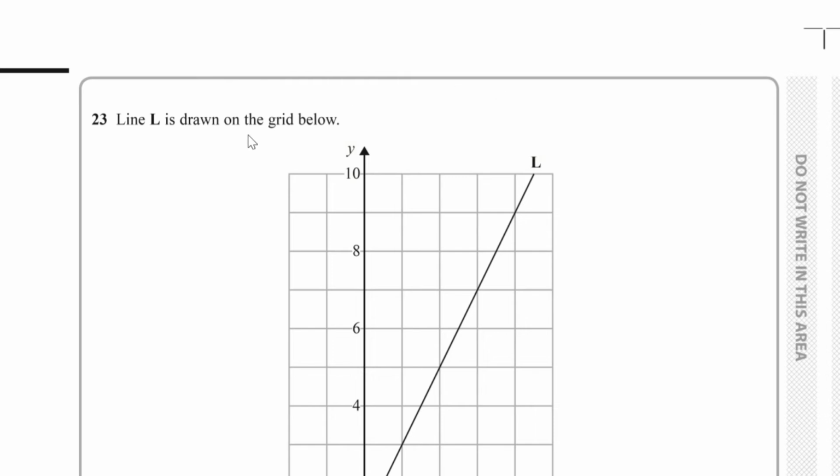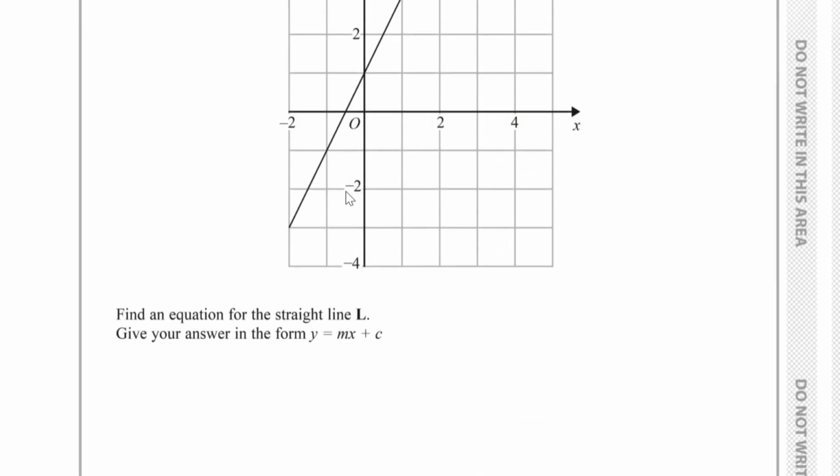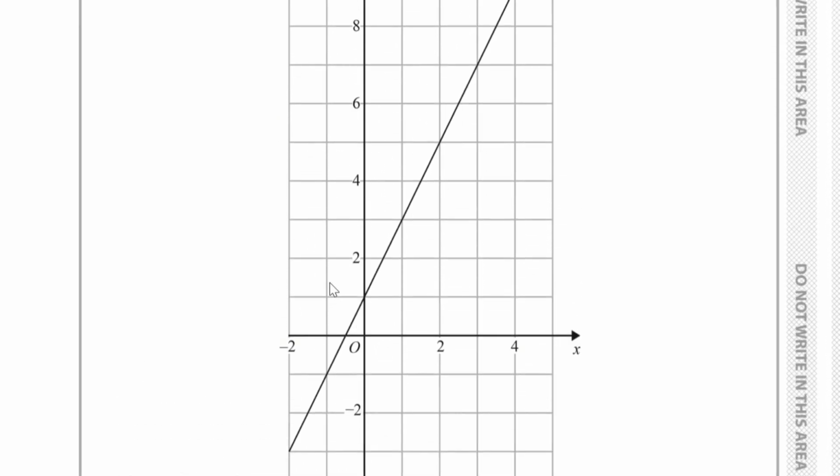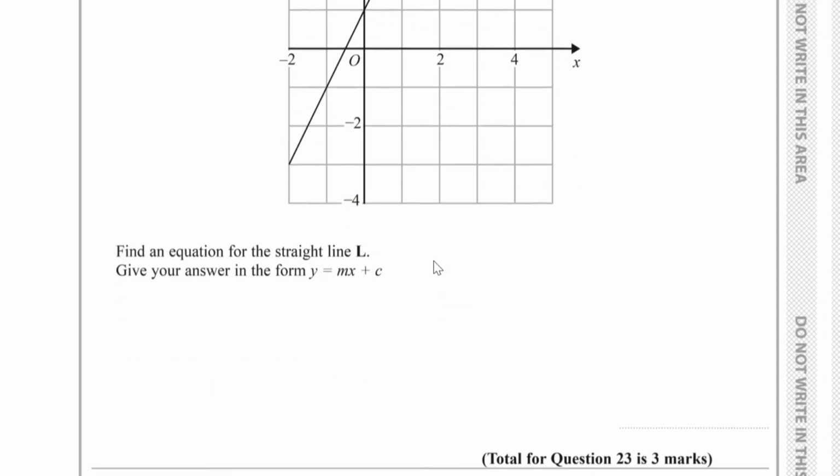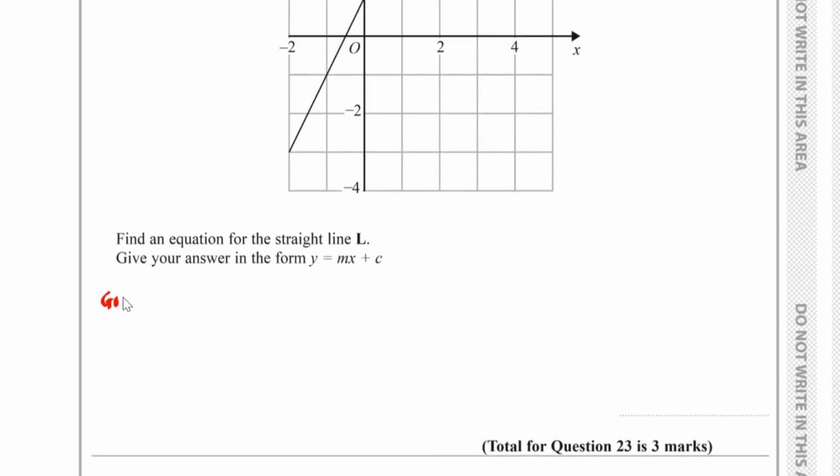Question number 23. The line L is drawn on this grid. We have to find the equation of L in the form y equals mx plus c. Well, what we need to do to begin with is find the gradient of the line. So if I pick 2 points, for example, this point and this point, I can see that my change in y is 2, but my change in x is 1, and therefore my gradient